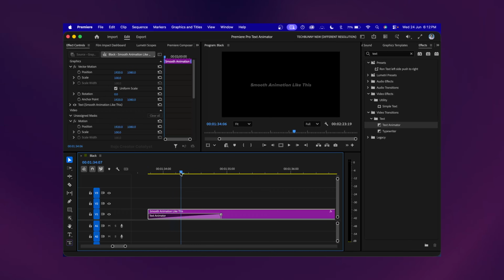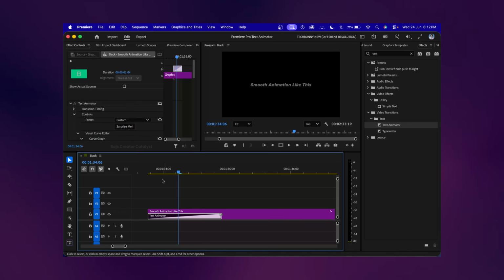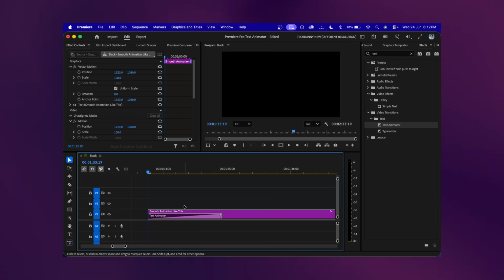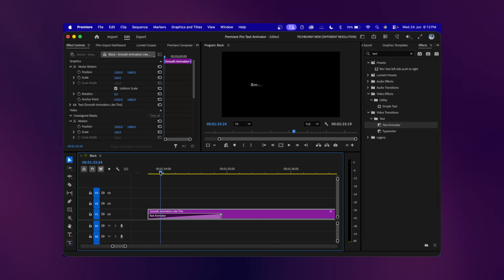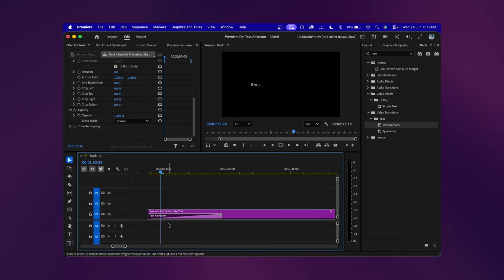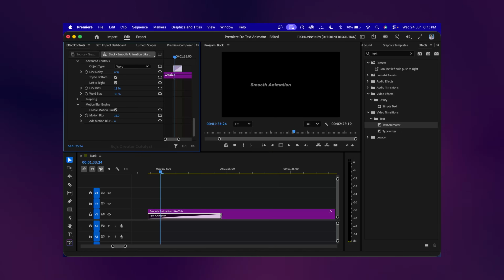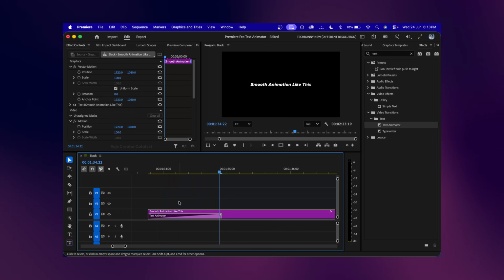Now, if you play, it is showing the full sentence, but we want word by word, right? So select that and change the word bias. Now, if I play, it looks like this. I just go 5 frames. Then increase the word bias until it shows the first letter. For my case, it is 5%. So now if I play,